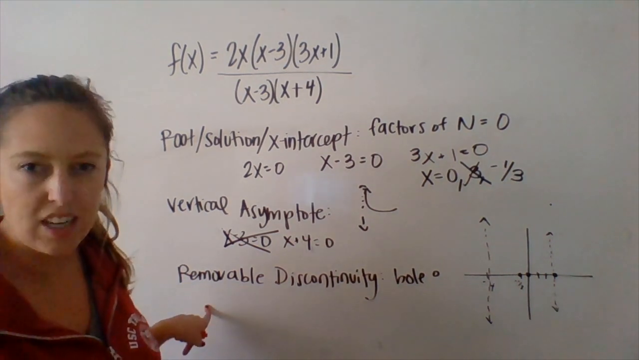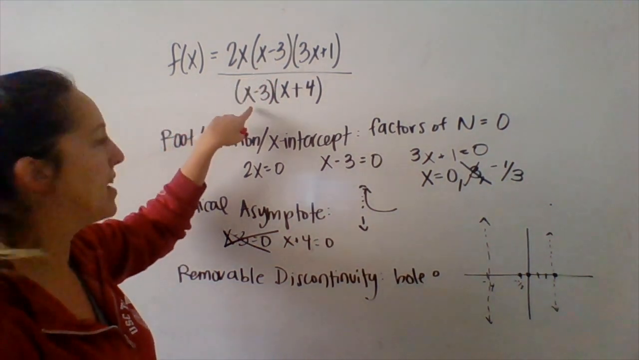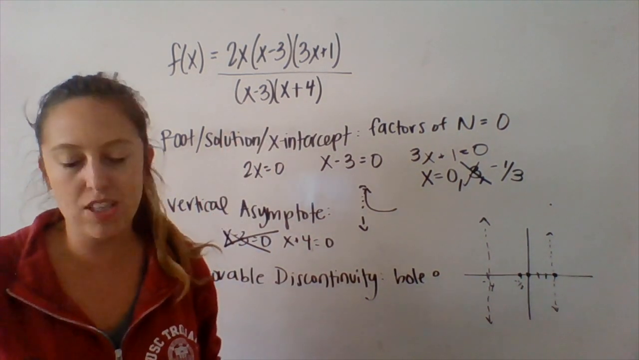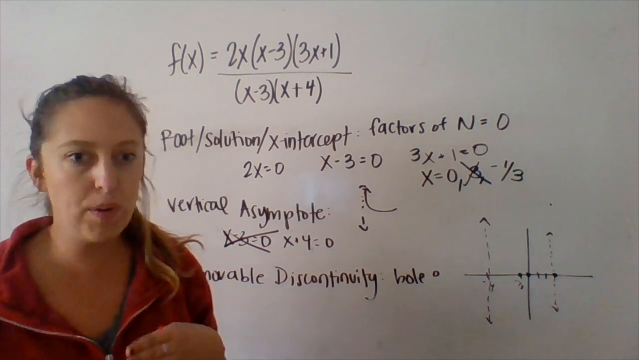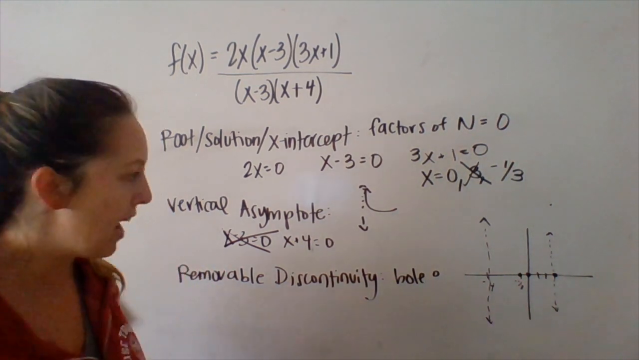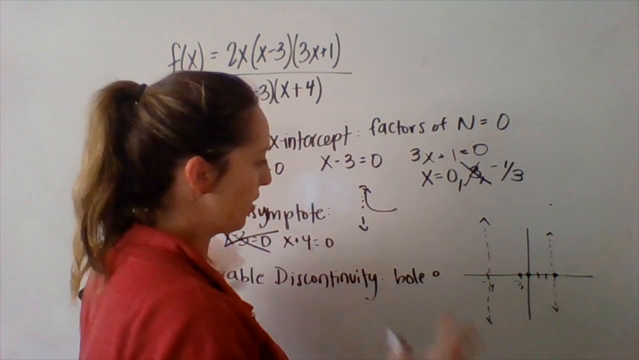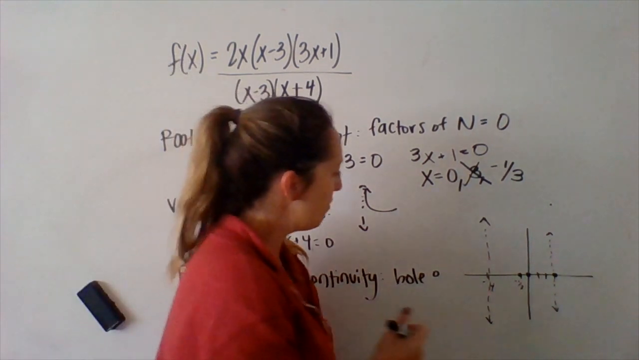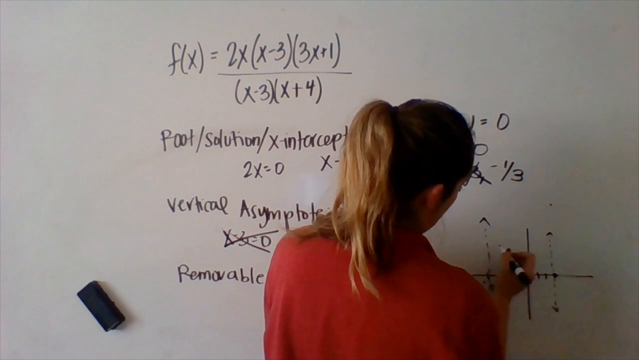So a removable discontinuity happens when I have a factor on the top that is the same as a factor on the bottom. That value cannot possibly be a point on the graph and an asymptote. Those contradict each other. So instead, our graph is going to kind of freak out, and we're going to have a hole there. Okay. So if, for example, there are a lot of different graphs that could have these qualities, but if, for example, my graph crossed here,